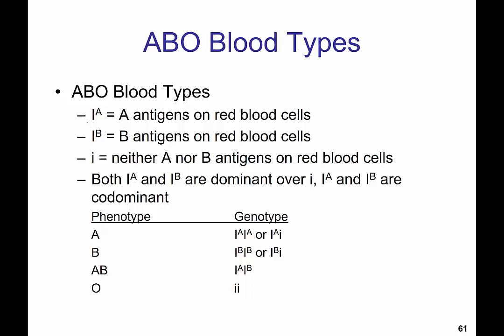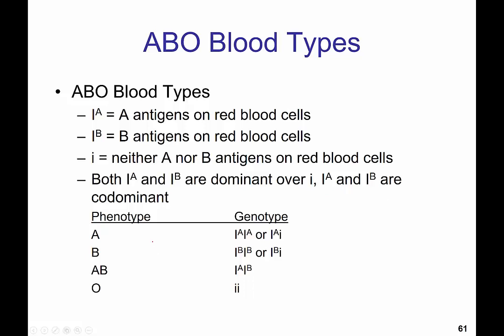Here are the three alleles. We have IA, IB, and little i. This first allele, the IA, encodes for A antigens on red blood cells. IB encodes for B antigens on red blood cells. So with these two alleles, we have that codominance that we just looked at, since they both encode for a product. However, for this little i, since it's recessive, it does not code for A nor B antigens on red blood cells. So we have both IA and IB are dominant over little i,